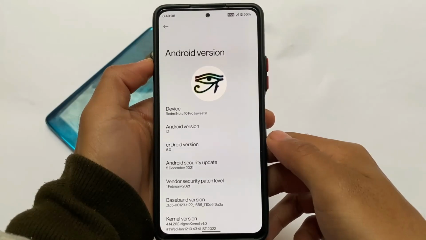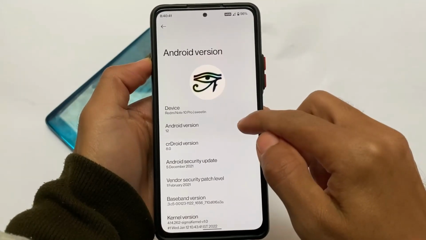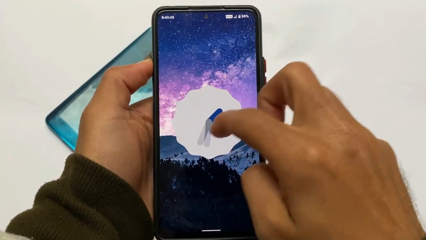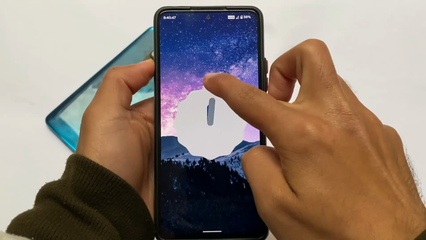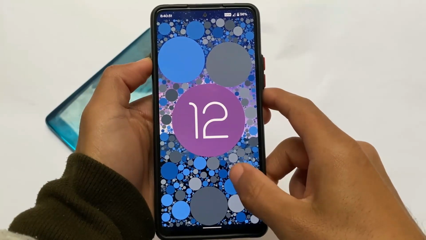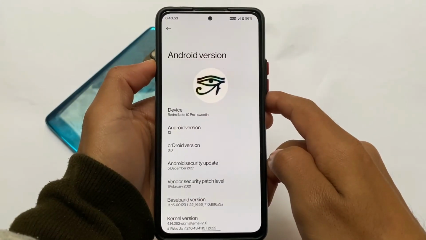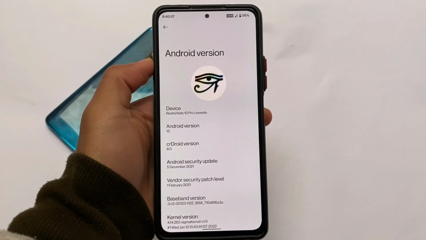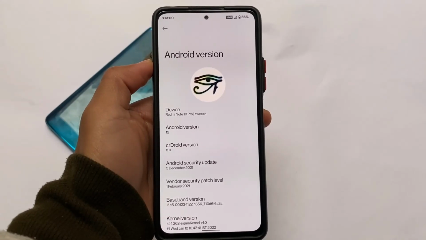available, you might get it very soon, as it was one of the most customizable ROMs based on Android version 11, and it might be in Android version 12 too, because Android 12 is now available. And yes, expectedly it has very great features, a lot of customizations available for you. Make sure to check out those customizations. I'm going to show you my experiences with CR Droid.